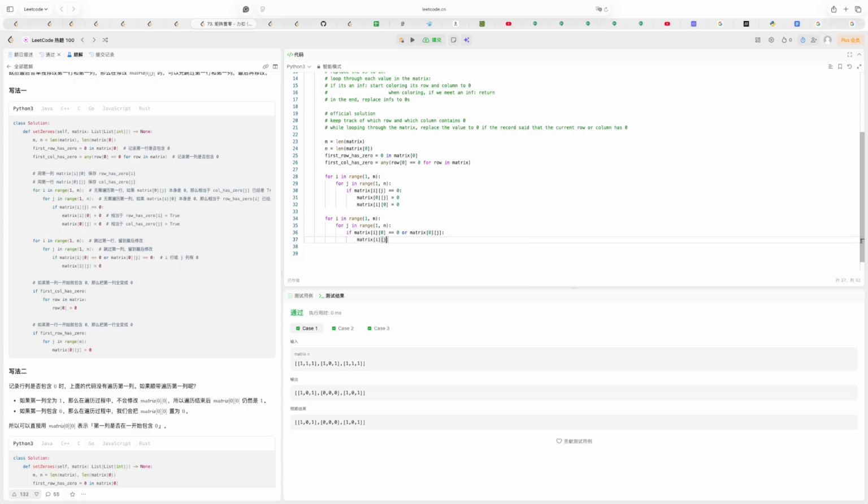Then after finish the coloring, let's deal with the first row. So if first column has 0, then we will color